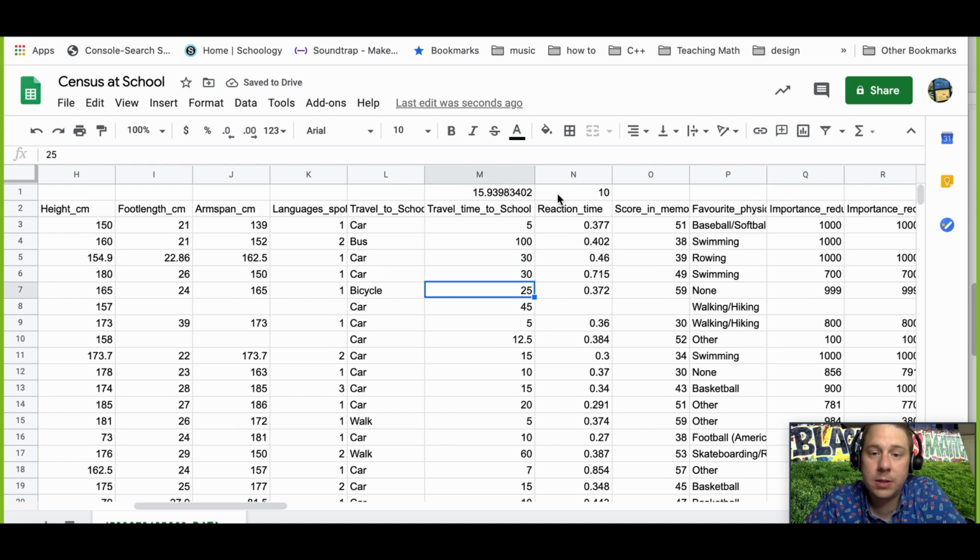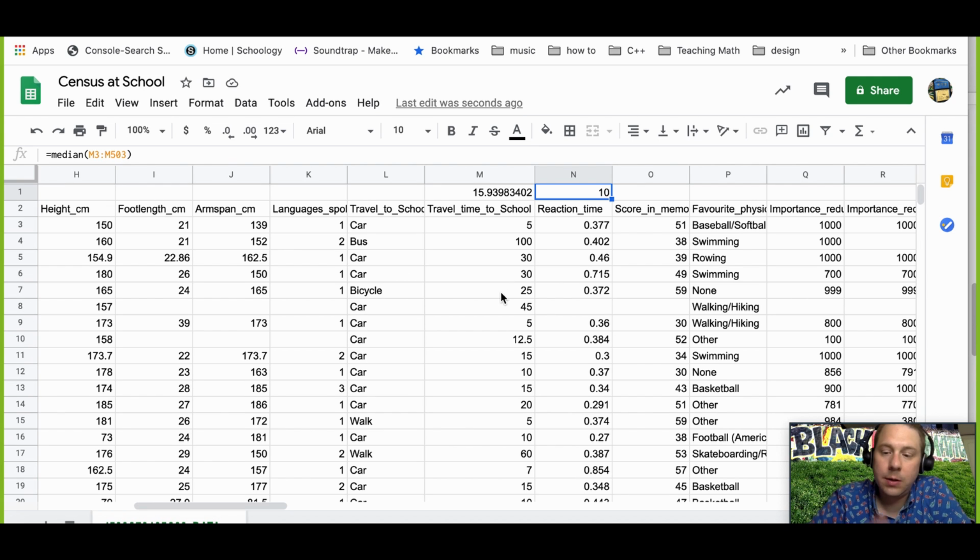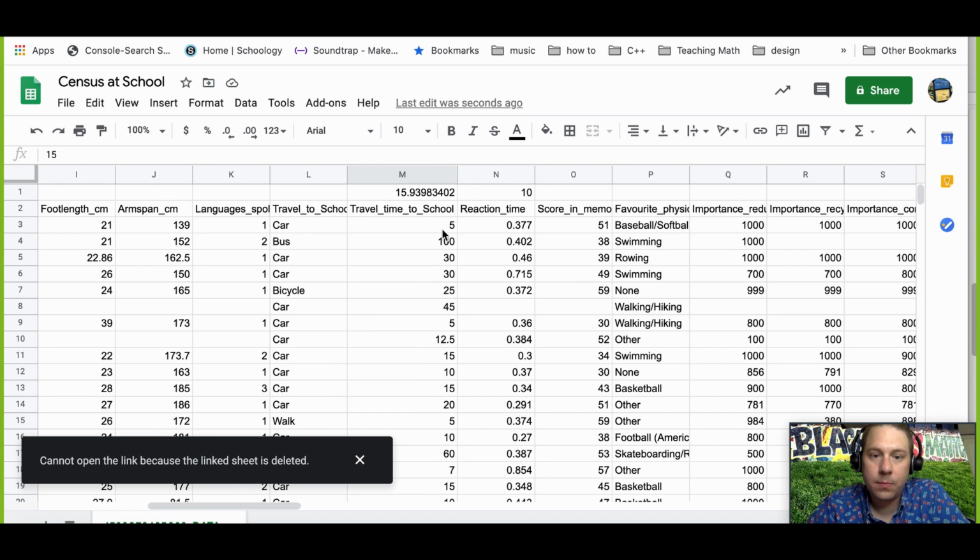So then we look at this. It gives me the number 10. The median number, the number that's right in the middle, is 10 minutes. And the average, which is you add all the numbers up and divide it by however many records there are, is approximately 16 minutes. So the other way we can do this, so I selected all of it and I